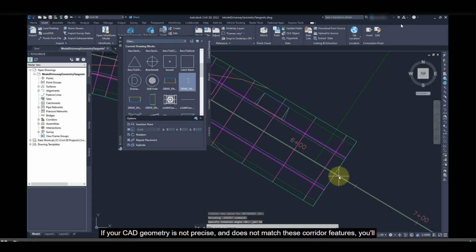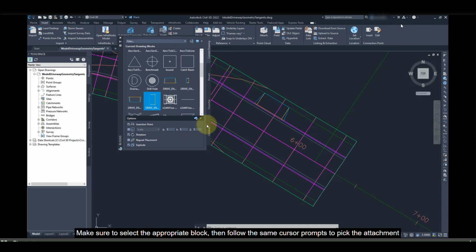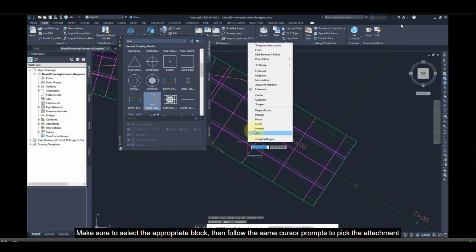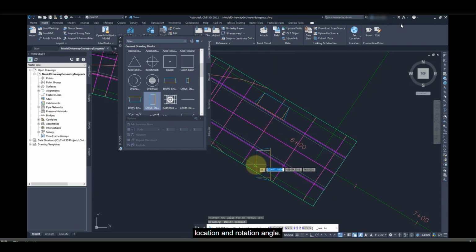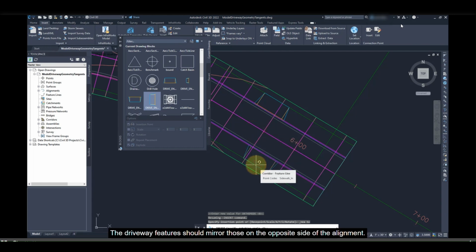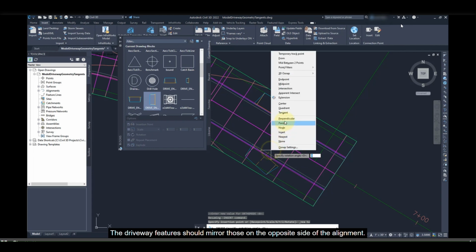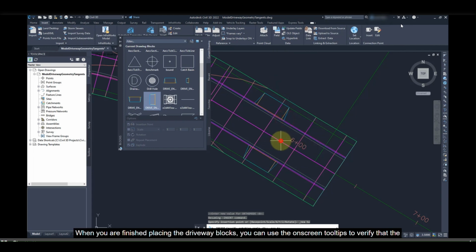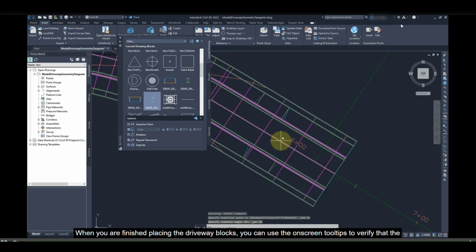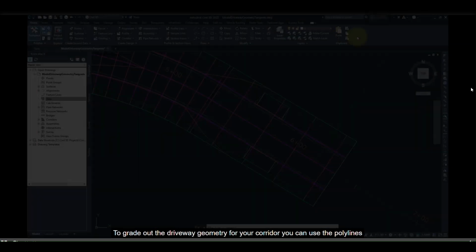If your CAD geometry is not precise and does not match these corridor features, you will experience issues in the later steps. Repeat the same steps to add the driveway feature on the opposite side of the alignment. Make sure to select the appropriate block, then follow the same cursor prompts to pick the attachment location and rotation angle. The driveway feature should mirror those on the opposite side of the alignment. When you are finished placing the driveway blocks, you can use on-screen tooltips to verify that the